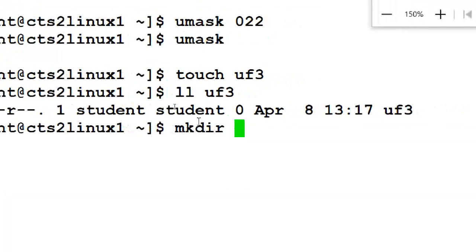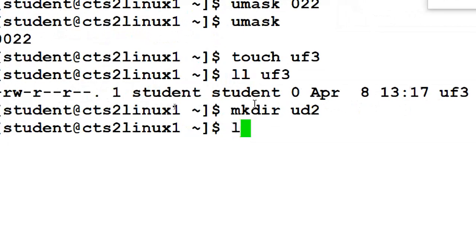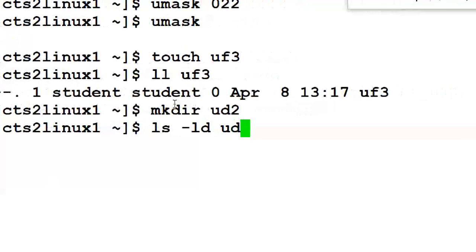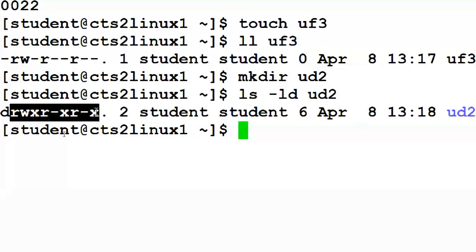I'm going to create a directory, okay, ud2, and ls -ld, anything like that you can use. Can you see that based on our umask value we are getting these permissions?